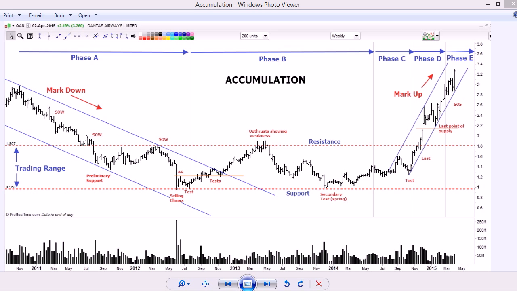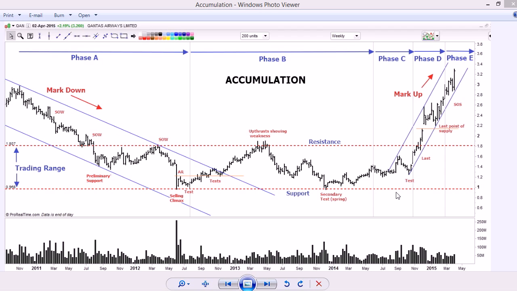So that's phase B. In phase C, we usually see testing. And we can see here there's a whole load of tests. There's another test here where they're testing down into this area to check that there's no more supply left. Okay, and in this area in phase C, we might even see the price pop out the top here just to see if it can be marked up. And it might continue up through there, or it might do the opposite and come down through the bottom here